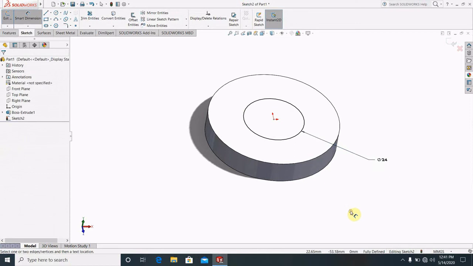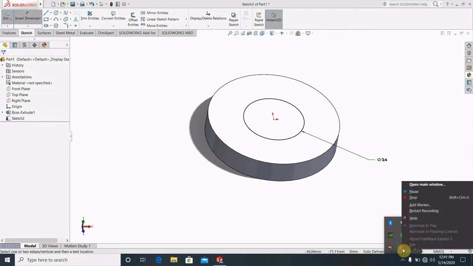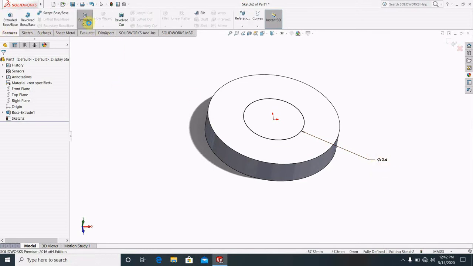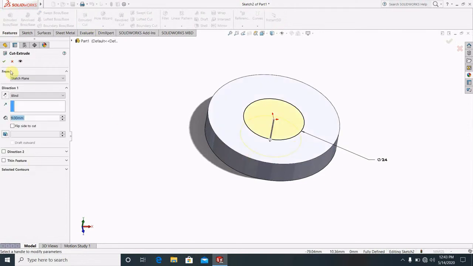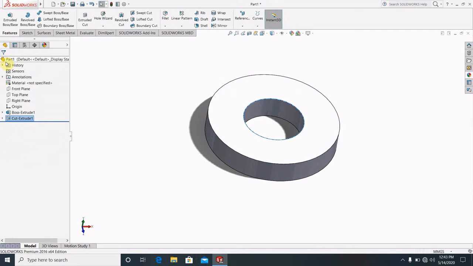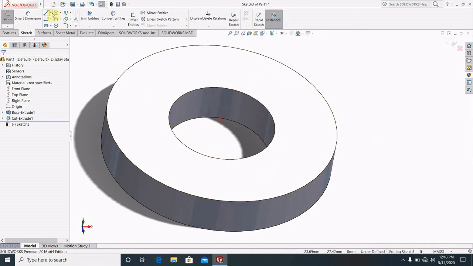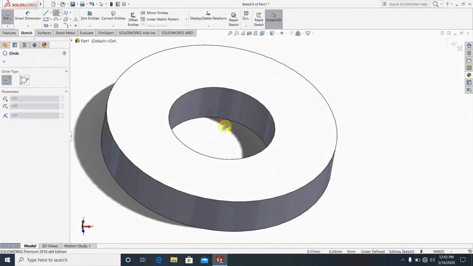Okay, now make the 24 millimeter in diameter, go for the features, then make the execute cut command and make it inside. Okay, when you have just made it inside, then go for again in this plane, then go for another circle,